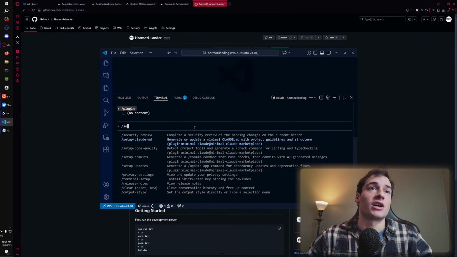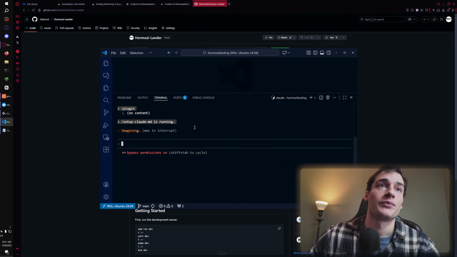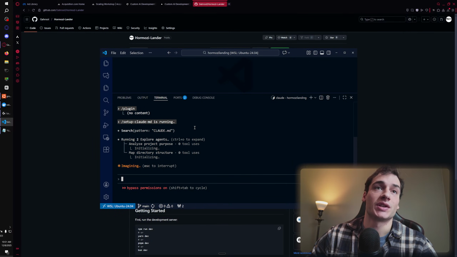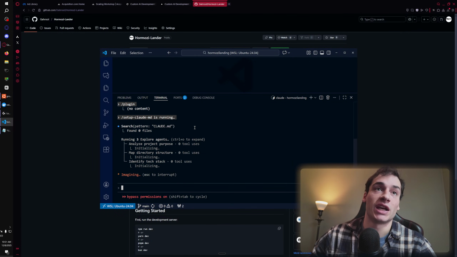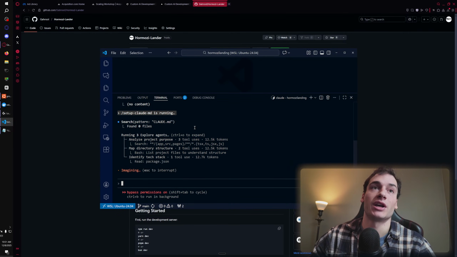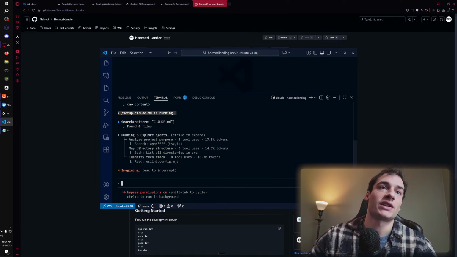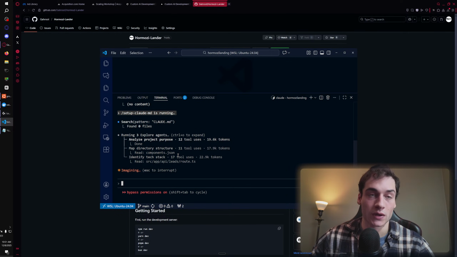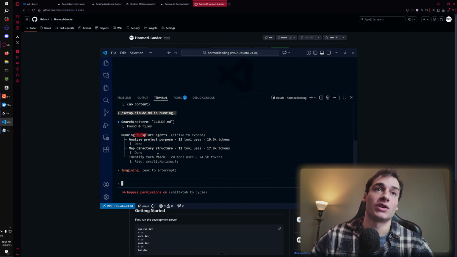So I'll do set up the Claude MD file real quick, and it's going to run a command in order to basically put a Claude MD file in that Claude can reference every time we come back to it. So it's mapping the directory structure, the tech stack, and the purpose of the project. You can see there's 3 explore agents exploring it. They're not coding or anything. Explore means they're searching. So they're just figuring it out and putting a little work down. But other than that, once this is done,